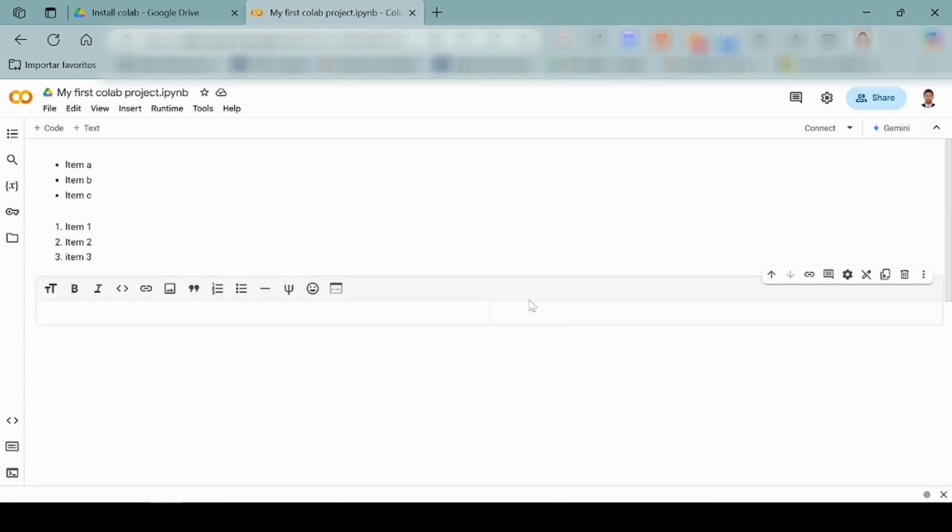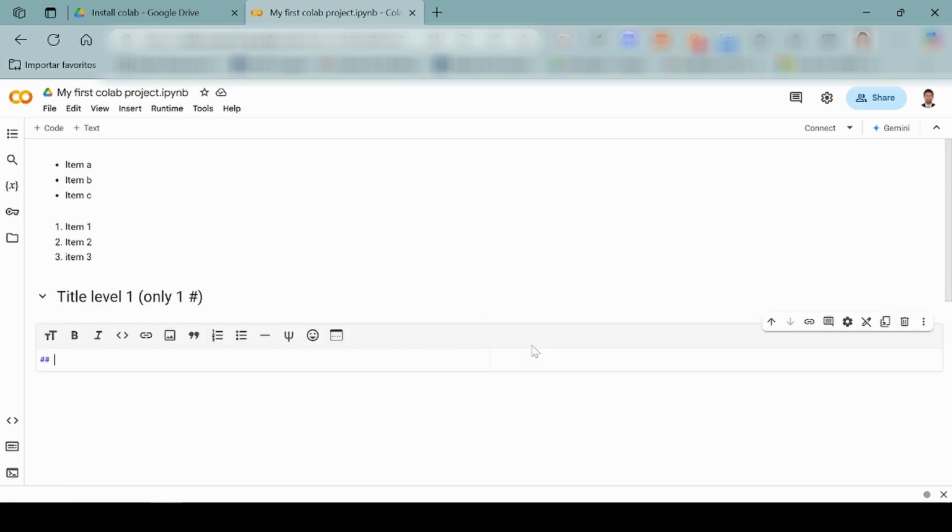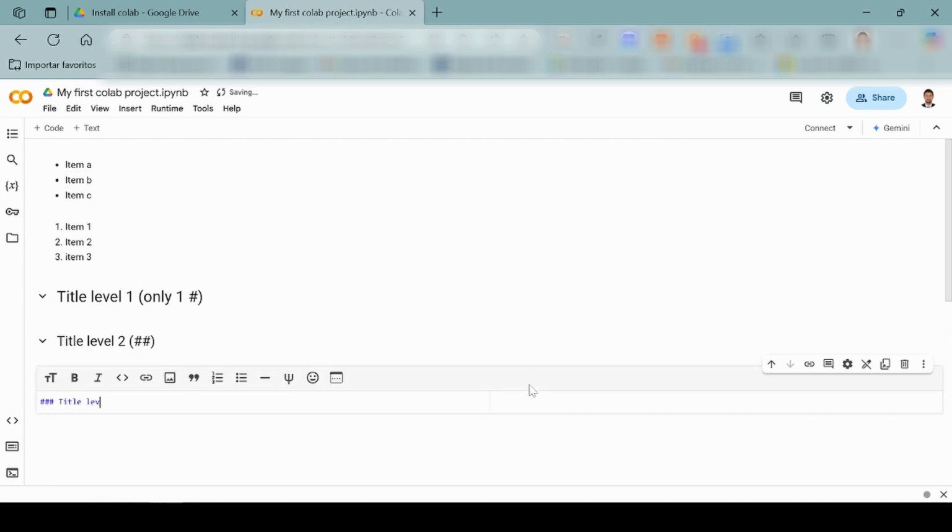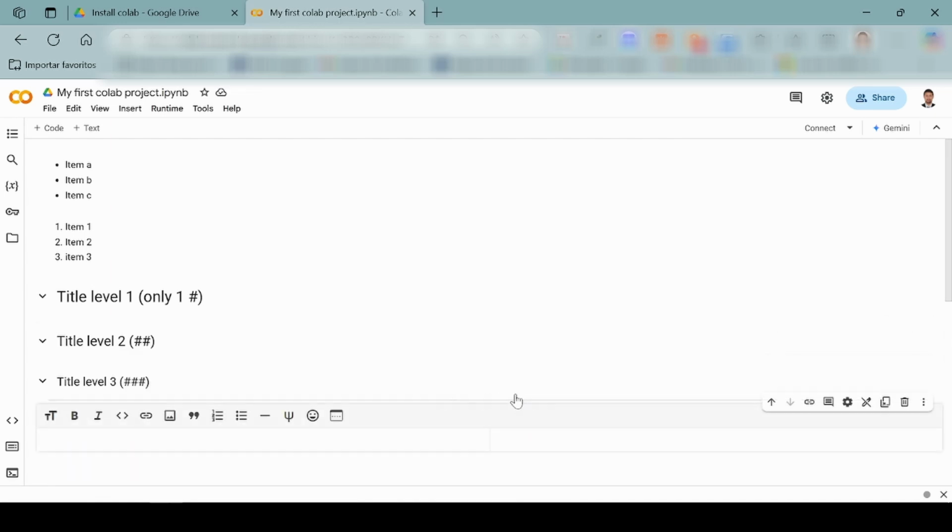And you can create titles. To create titles, you need to use hashtag, as many hashtags as the title level that you are creating. And you can write as any document that you want to write.